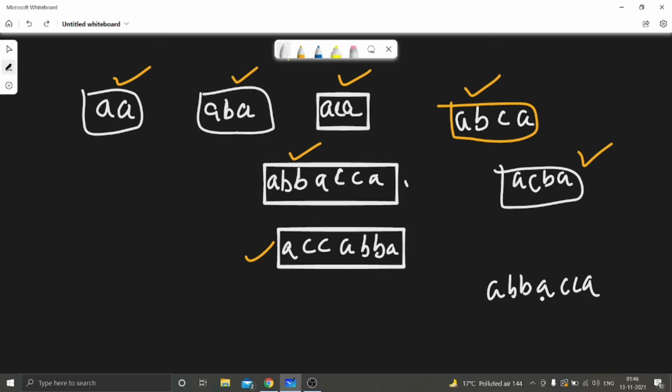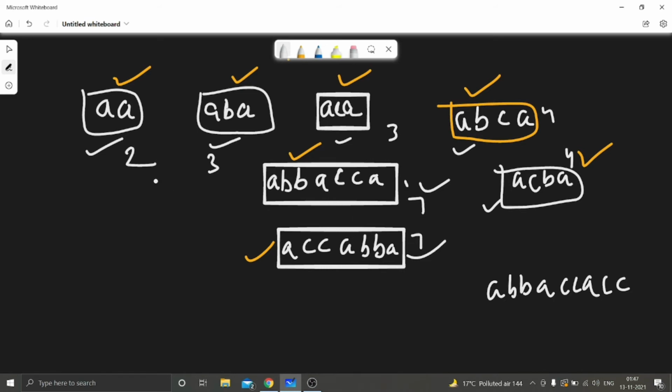So what we have figured out is that it is not favorable to increase the length anymore. If you want to increase the length, you can, but that case will fall in one of these substrings, right? So this is our logic. What logic is that? If any of these substrings is present, then this will be our answer. So we will just go in order. This is length 2, this is length 3, this is length 3, this is length 4, this is length 4, this is length 7, and this is length 7.